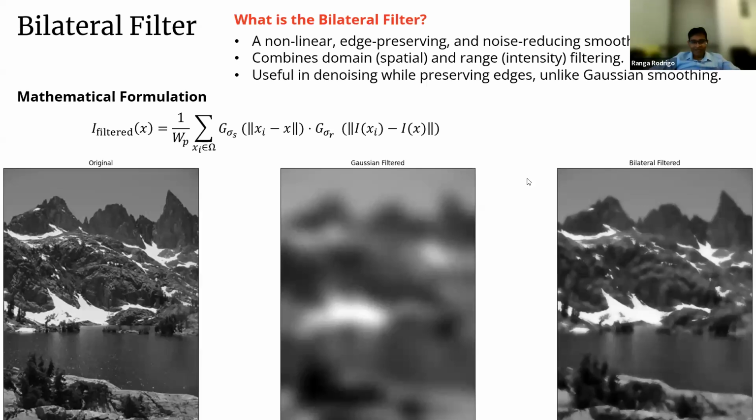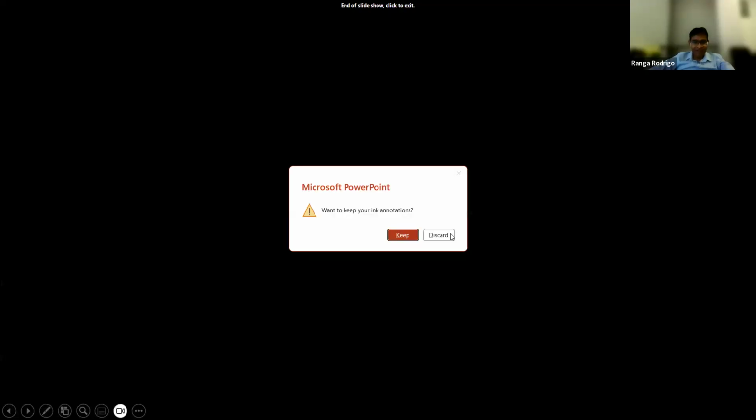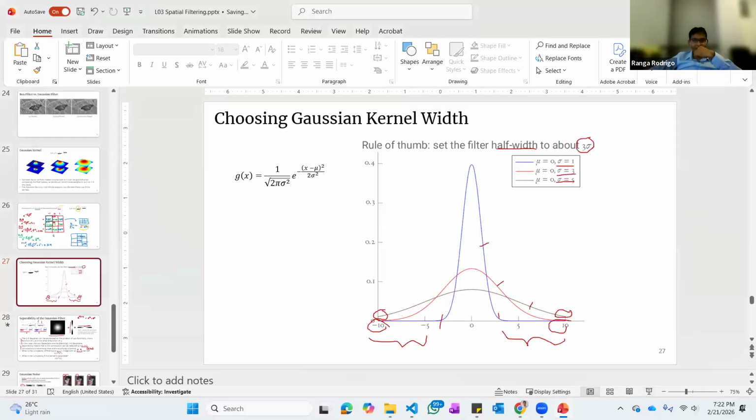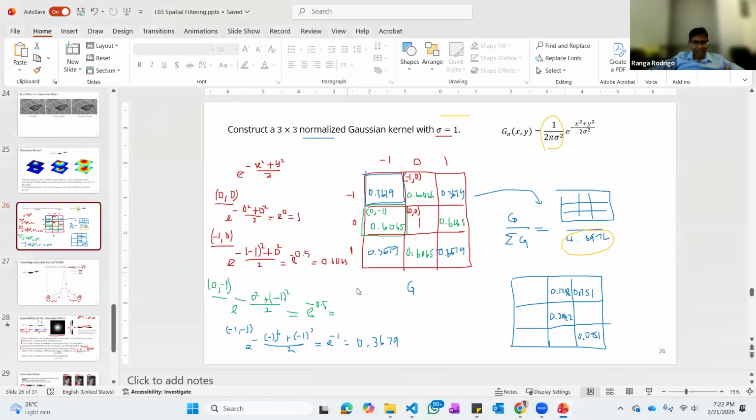Okay, so that's all we want to cover about spatial filtering. I hope you got a good understanding of spatial filtering and you are happy. In spatial filtering, it all depends on the kernel, and by constructing different kernels, you can achieve the different effects